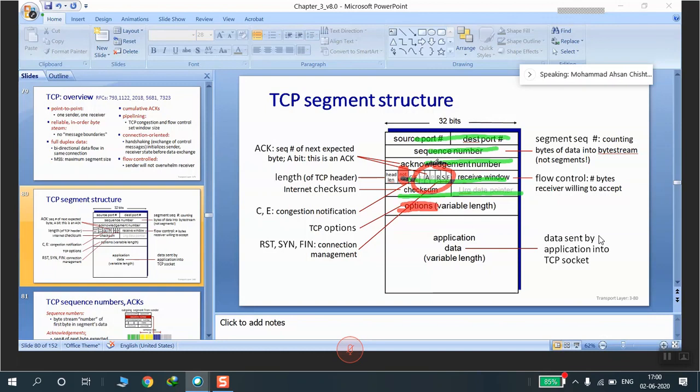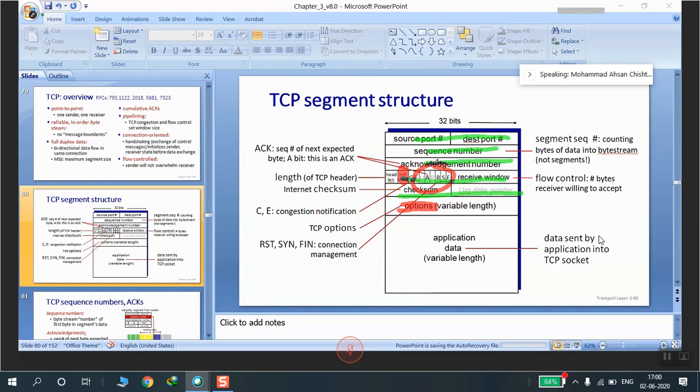Just a revision of it. Checksum is a 16-bit field, and we use it for error checking of the header, the payload, and the pseudo header as well. And what is a pseudo header? Some books might mention that error checking is to be done on the header, on the payload, that is the application data, and a pseudo header.